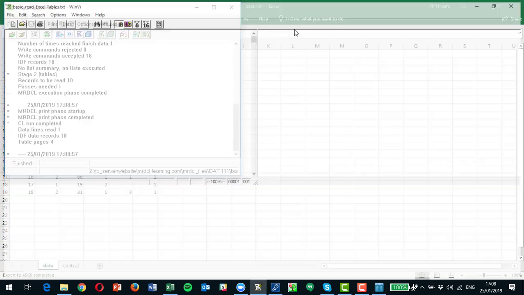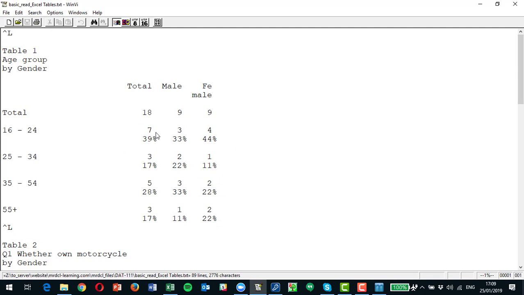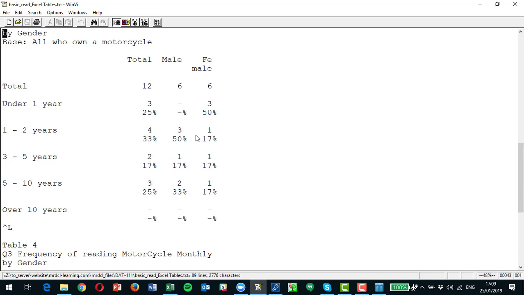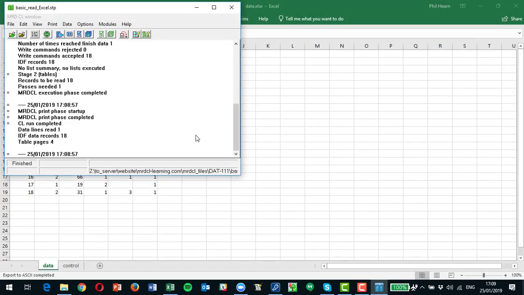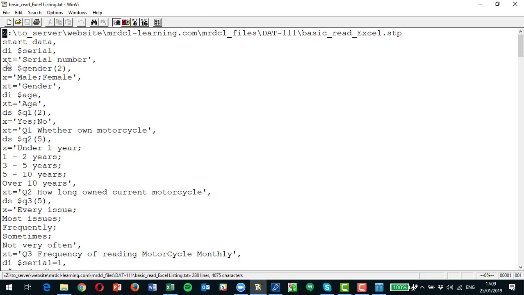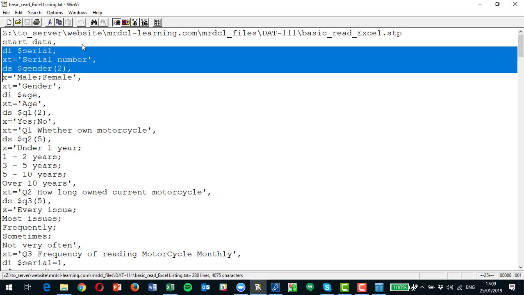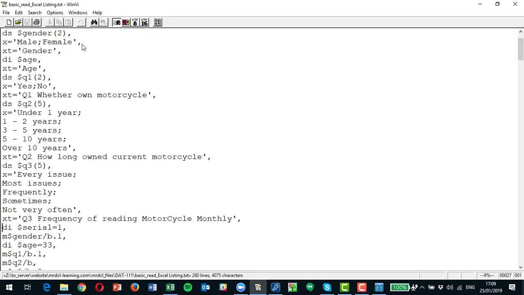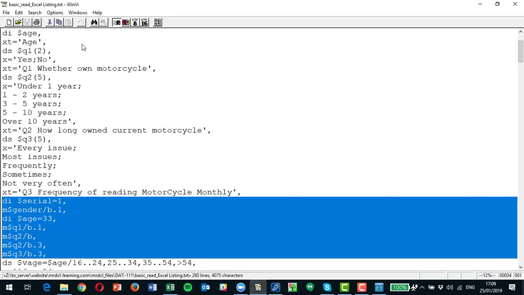And sure enough, we have 18 records, and there's our data coming out looking like the tables we would expect. Looking at the listing file might bring this to life for you. So if we look at the listing file, you can see at the top here, we've got the dummy definitions, and then we've got the data that's been picked up